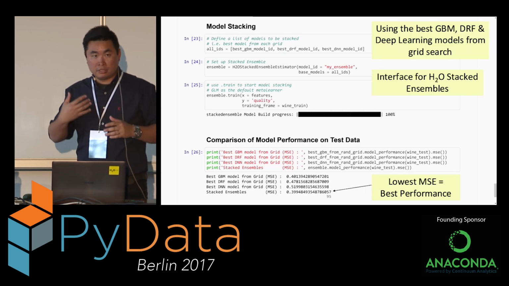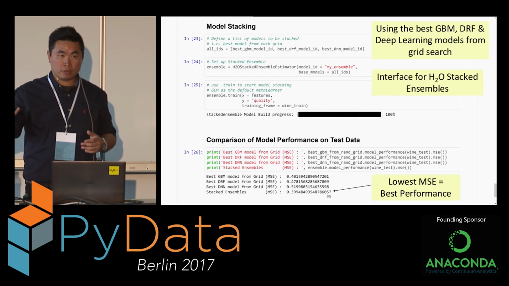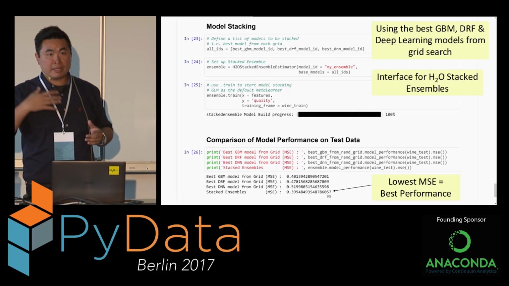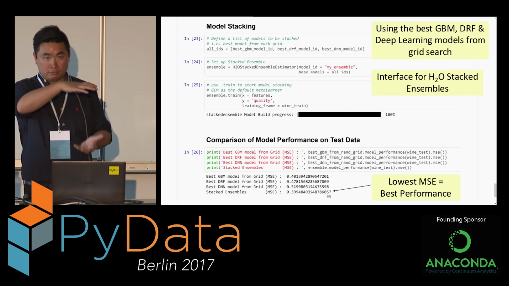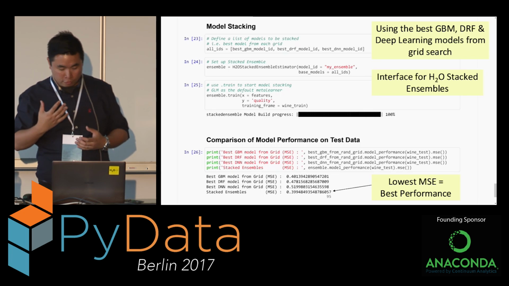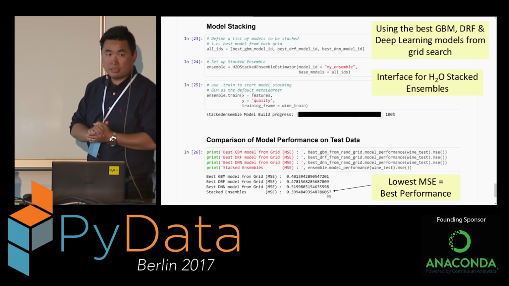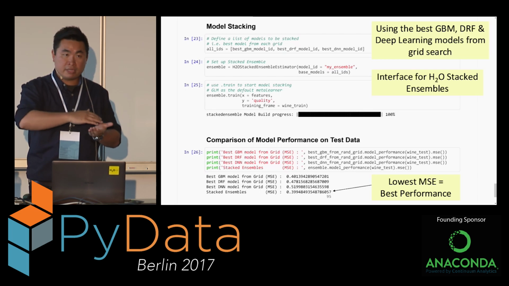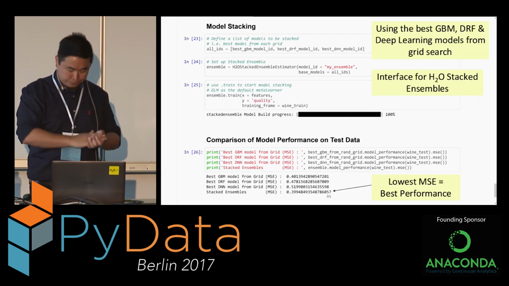So we're trying to use the cross-validation results from different models, but they become new features, and then we stack them together like a meta training on those features. And that will give you, if you can see that from the table here, we get a better MSE, or lower MSE, comparing with the best model of each algorithm.